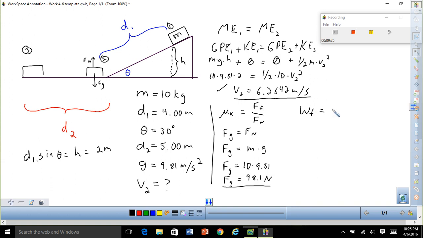So the work done by friction is equal to the energy lost, and in our case, that's all of it, and that's going to be 196.2 joules. Where did I get that? Well, that's the number that I actually calculated right up here when you multiply 10 times 9.8 times 2. And so the work done by friction is equal to that, and it's 196.2